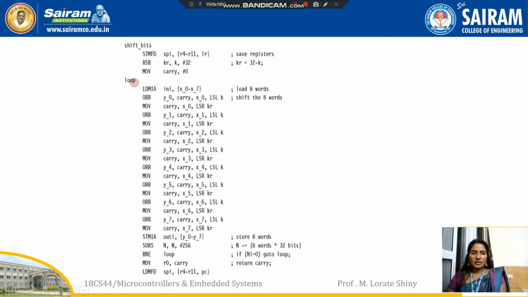First, we are starting the loop, and inside it the first instruction is load multiple. From the memory, these 8 registers are loaded with the data x0 to x7: x0, x1, x2, x3, x4, x5, x6, x7. There are 8 registers, so totally 256 bits.